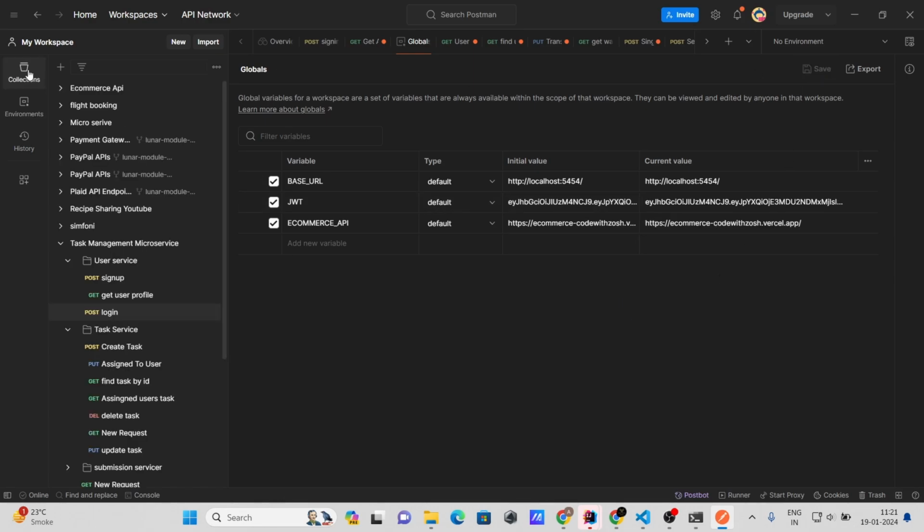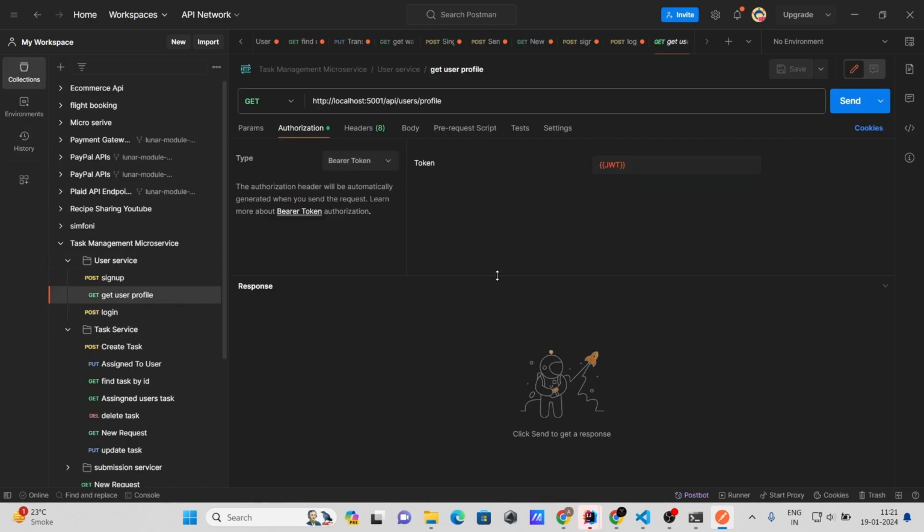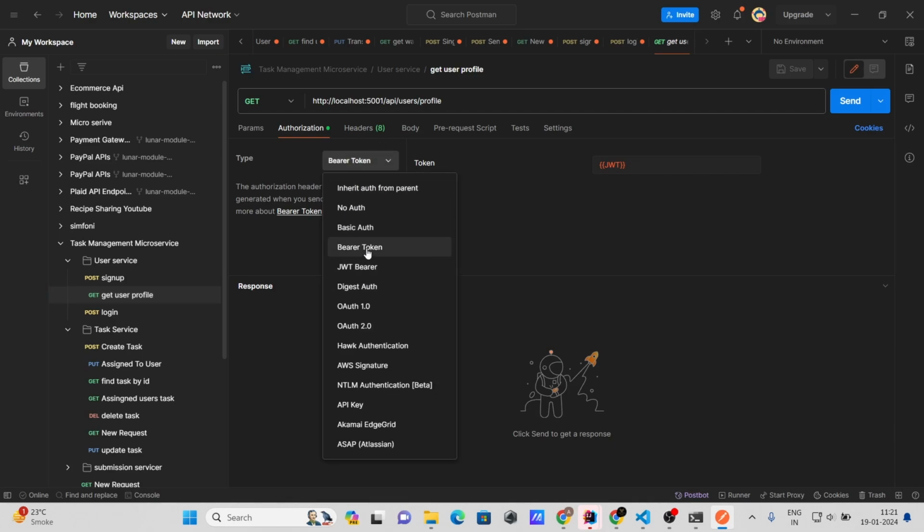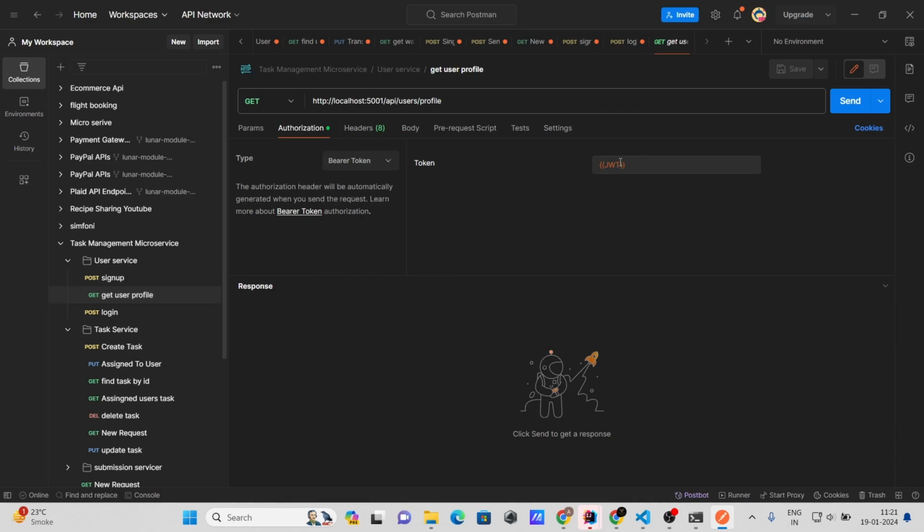Let's go to collection, get user profile, and inside authorization you need to check bearer token. Inside bearer token I need to give that token, so you can see our token is coming here. Okay, or guys, directly also you can give like this. If you don't want to use variable, then you can directly use like this. So let me send,